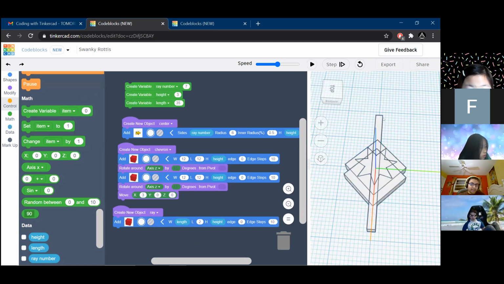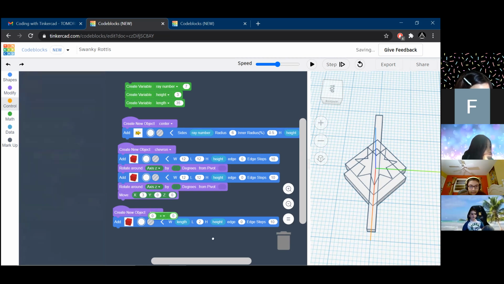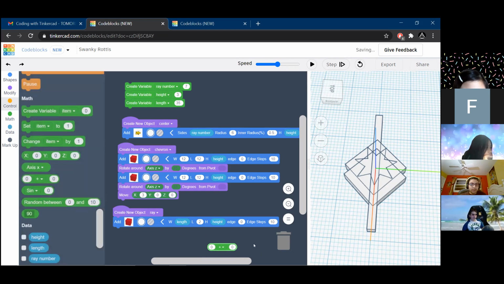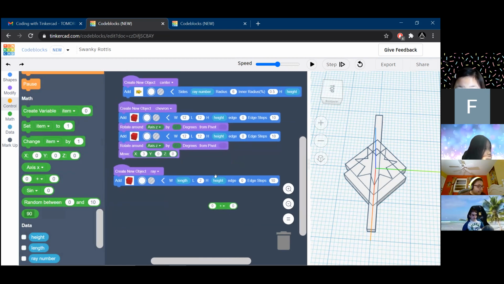Should look like this. There's like a little stick coming out. Okay, now what we're going to do is we are going to do some math. So we have a math block here, and it's this green block that says 0 plus 0. That's the default, right? So we're going to drag that over. Just drag it into empty space somewhere. We'll put it in somewhere later.